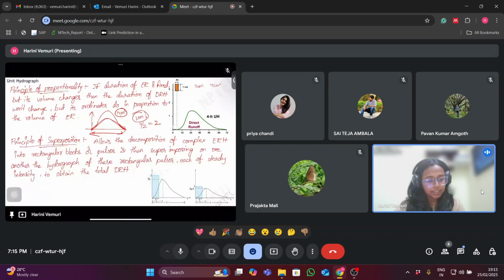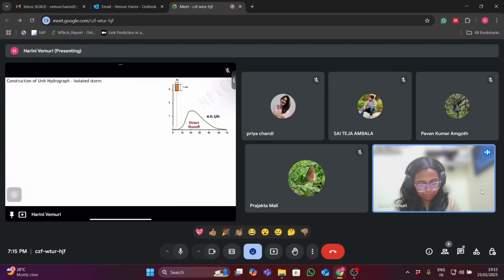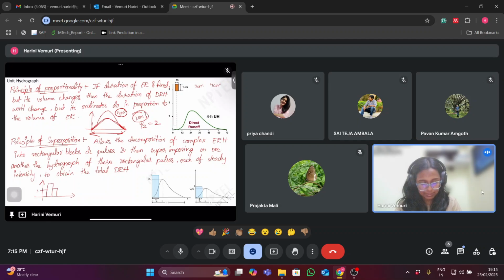What they are trying to say is, here we always talked about a single storm event, right? But in the real case, there won't be only one single storm occurring. Suppose we have multiple storm events, okay, suppose this is 1 centimeter, 2 centimeter, again 1 centimeter, occurring at 4 hour duration in each of these cases. What we can do is use the principle of superposition. That means suppose we have a 4 hour duration direct runoff hydrograph, okay, 4 hour duration with 1 centimeter excess rainfall. If we have a direct runoff hydrograph,